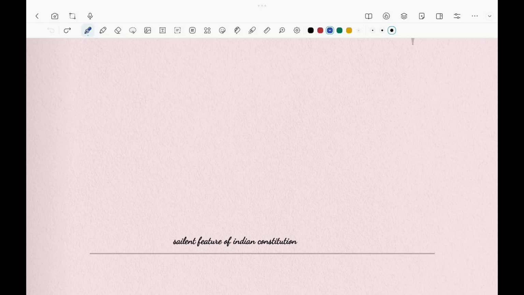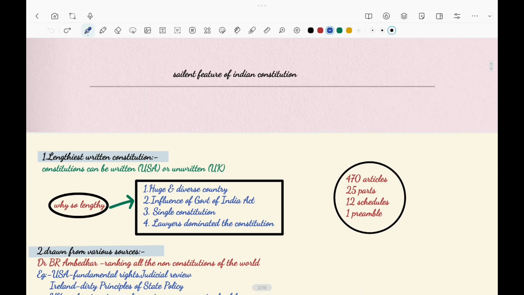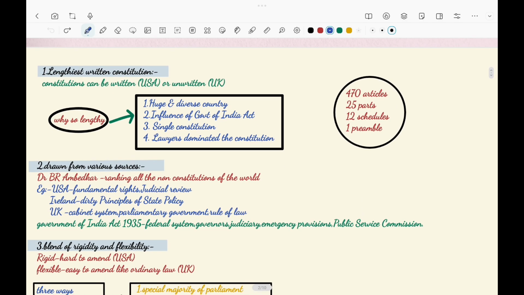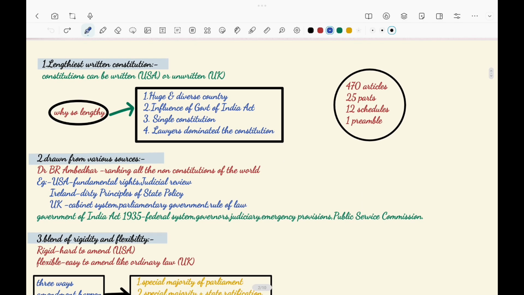Hello everyone. Now let's start a new chapter, that is salient features of the Indian Constitution. There are around 15 to 16 of them. Let's discuss all of them. The first feature is that the Constitution book is the lengthiest one,